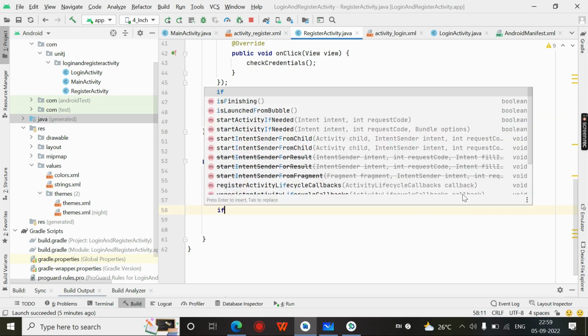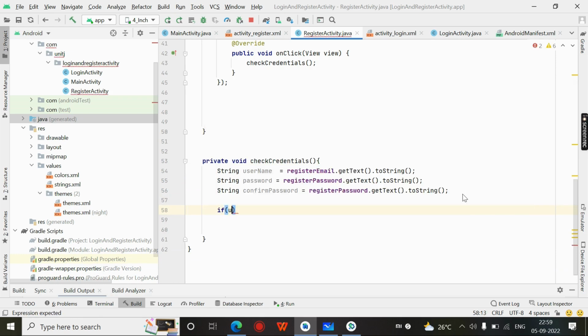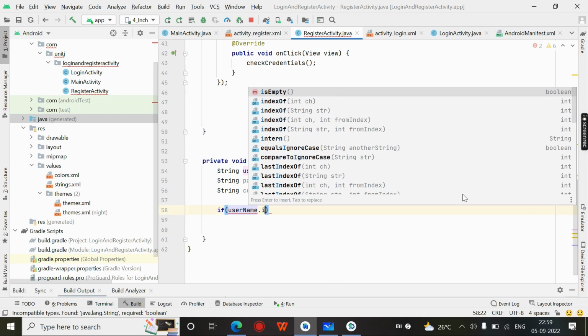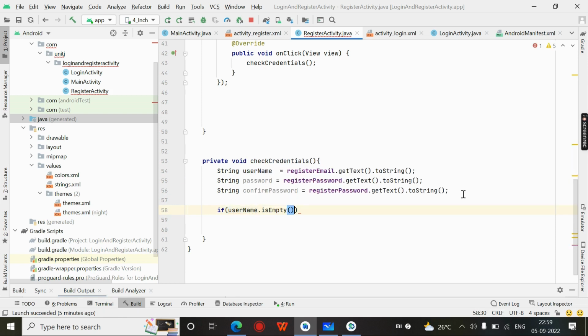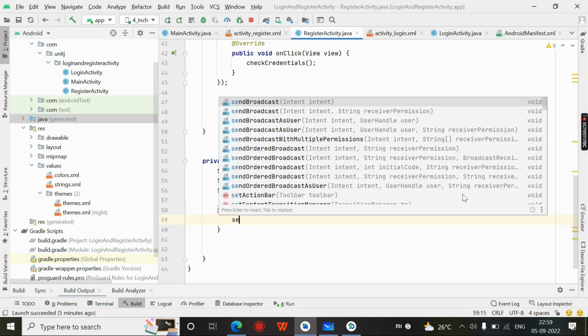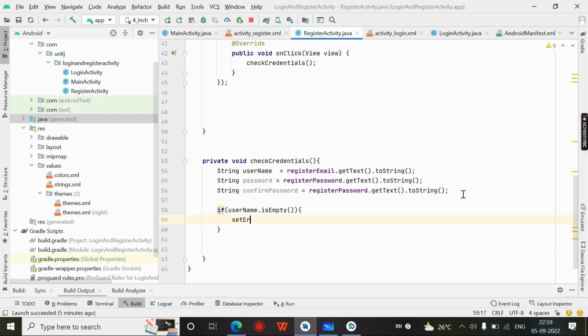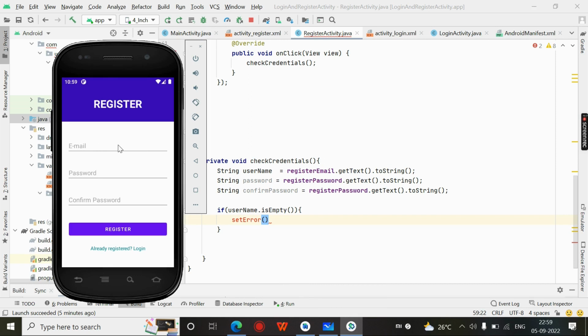Yeah, now we are checking if username is empty, right? If username is empty, we set an error message. We need to pass this to the edit text, right? We need to set the error in the edit text. If the user does not enter email, we need to add an error like please enter email ID